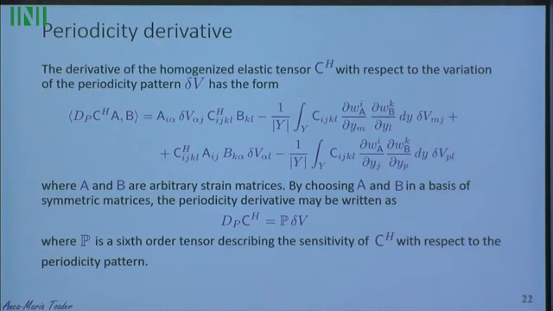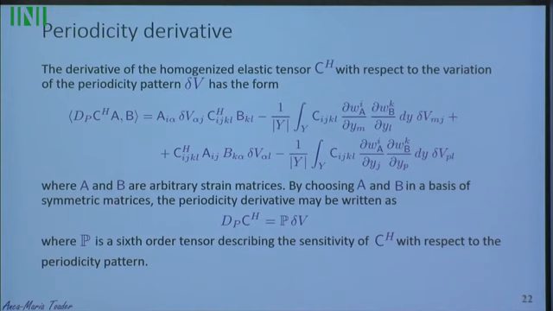And note that this does not depend on the dimension. It is the same for 2 and for 3 dimensions. And also here C may be an anisotropic material for the basis material. And A and B are strain matrices here, arbitrary in their spaces. And choosing A and B in